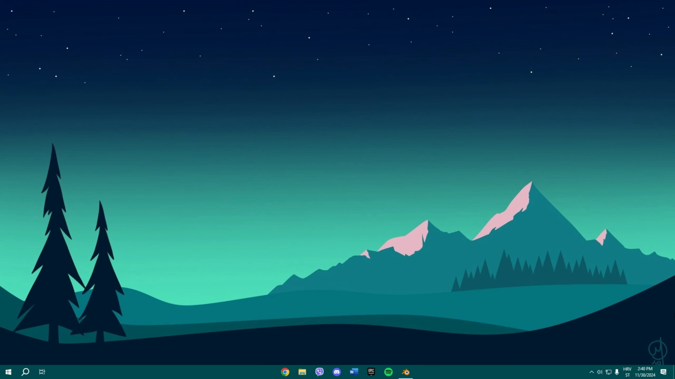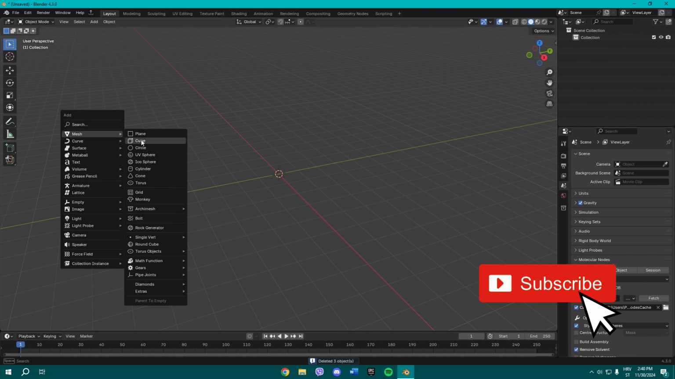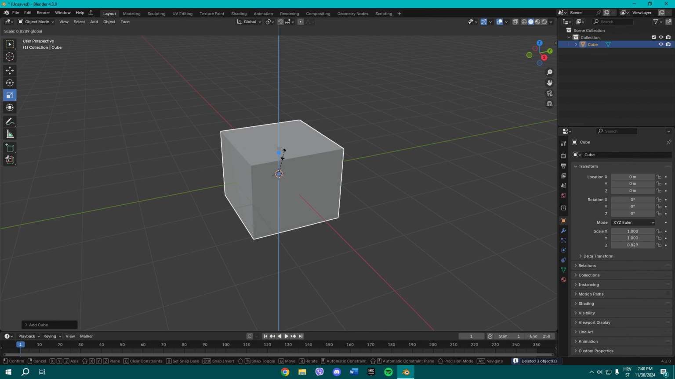Welcome to another video on my channel, and today I'm gonna show you how to make a Lego cube in Blender in basically under 2 minutes. So all you gotta do is delete those three and now add a cube. Once you add a cube, you can scale it down a little bit, so it can simulate a nice Lego